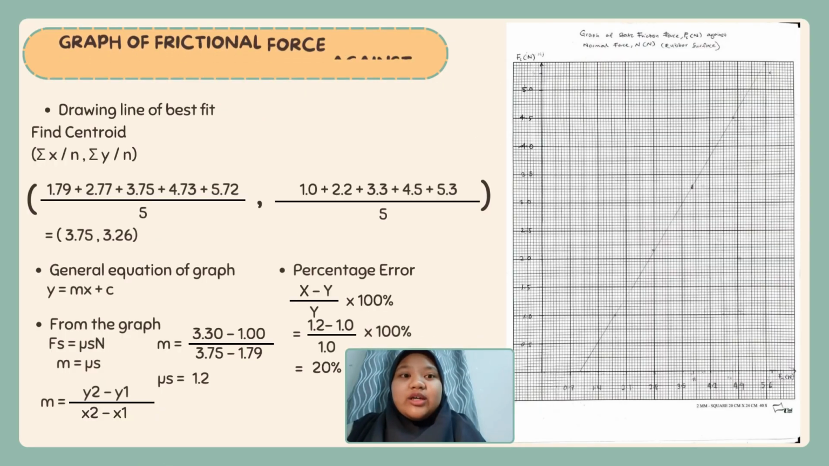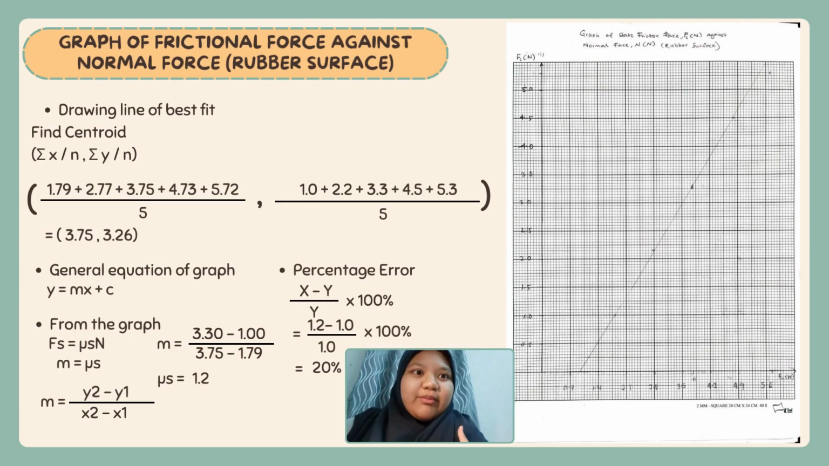We will look into the graph that I have already plotted, and of course in every graph you need to have the best fit line. So in order to obtain that best fit line, we need to find the centroid. So the centroid is actually kind of like the center coordinate for the graph. So to find the centroid, we need to calculate the sum of the data on the x-axis,